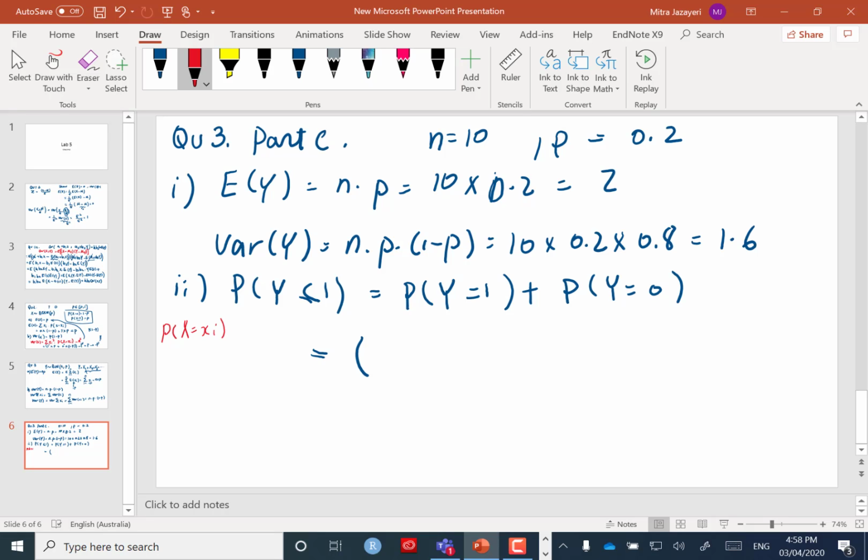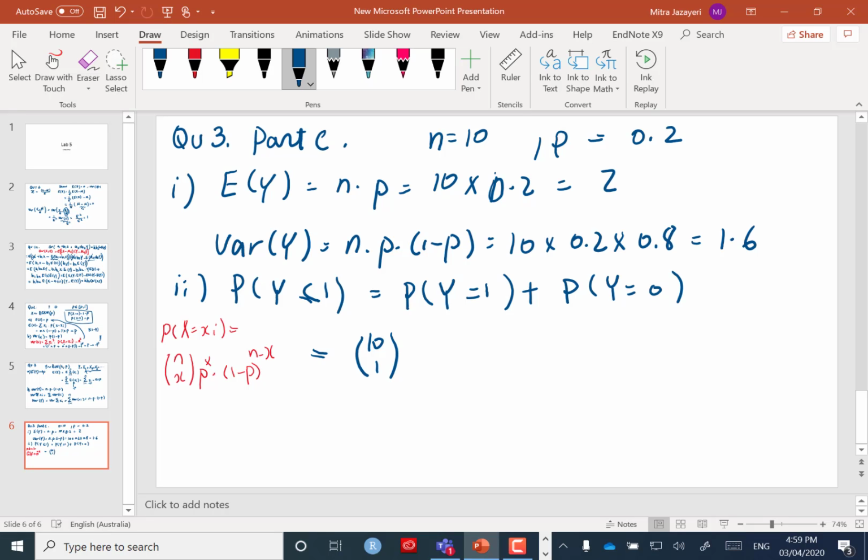So for Y equals 1, n is 10, x is 1, the probability of success is 0.2 to the power of 1, and the probability of failure is 0.8 to the power 10 minus 1, which is 9, plus